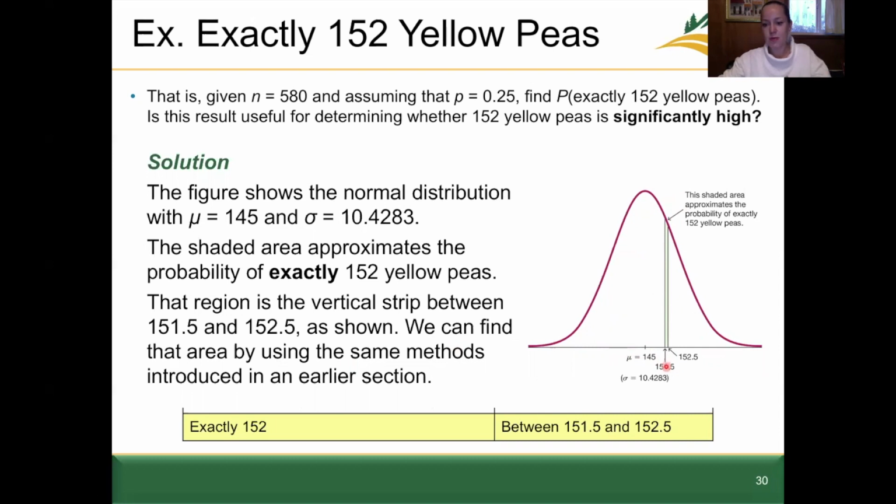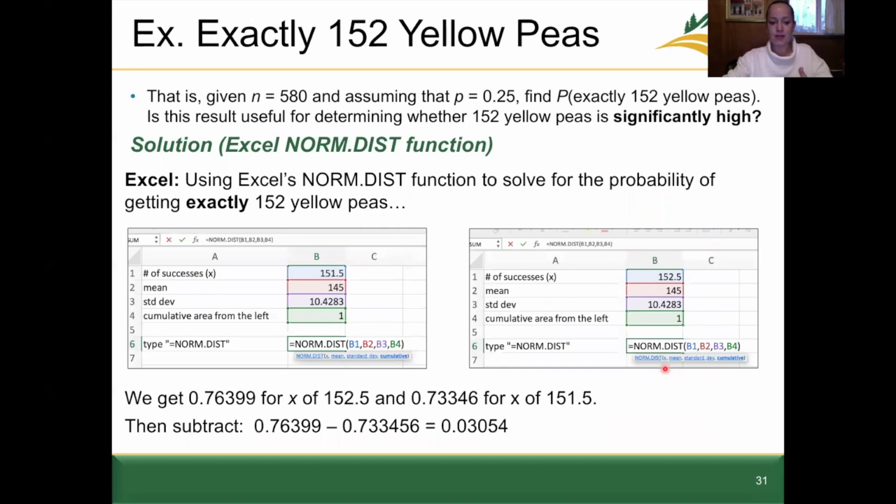In other words, we take the probability from the left of 152.5 minus the probability from the left of 151.5. When we do that, we should get a probability value in that shaded area of